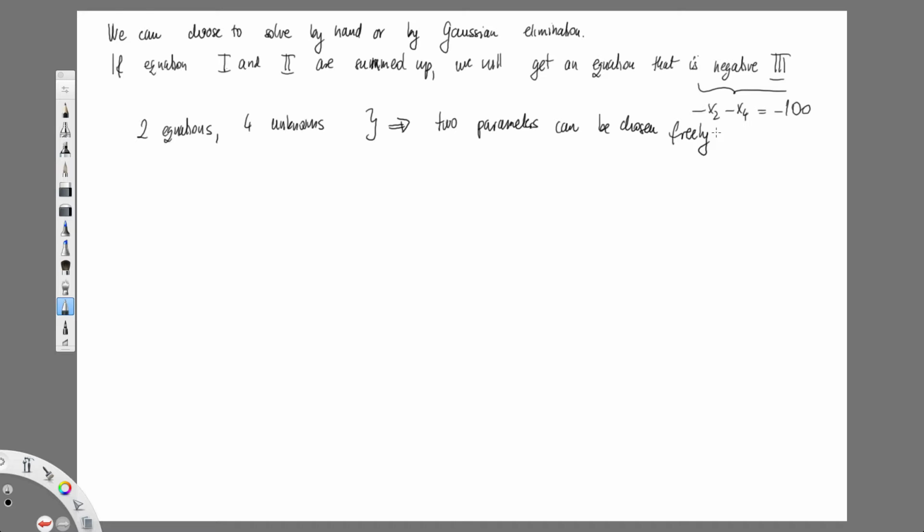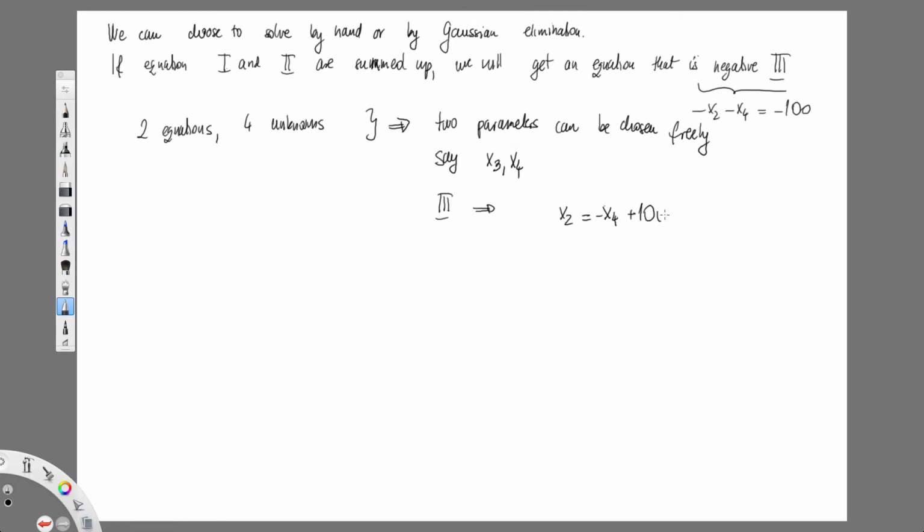Okay. So say x3, x4. Then my solution is based on equation 3, which tells me that x2 is equal to